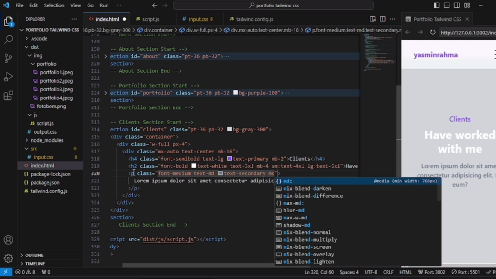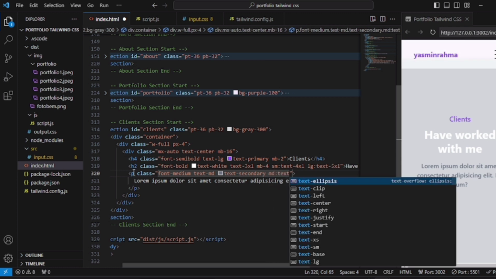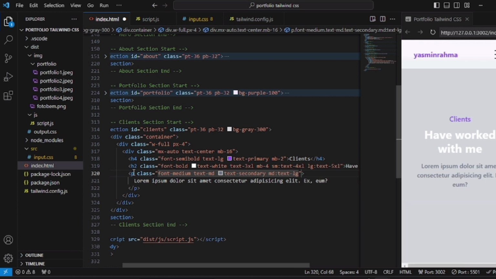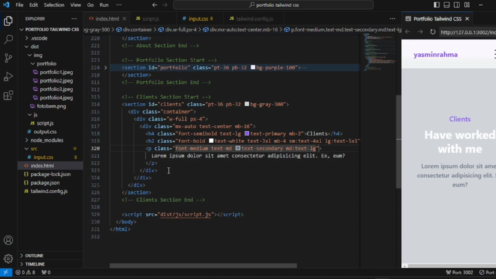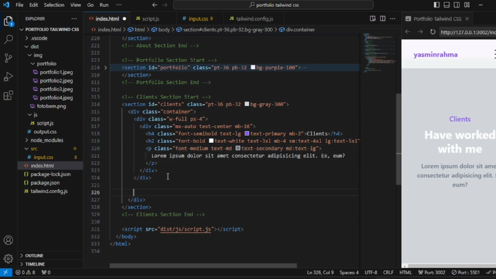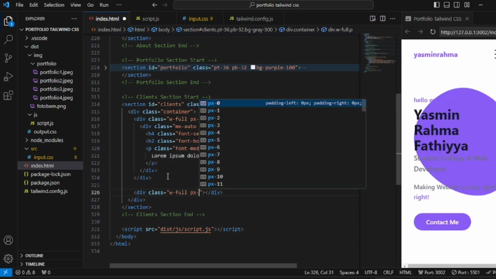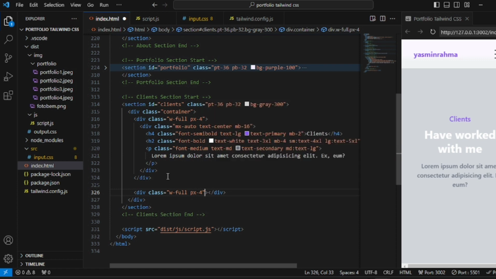Then if it's in medium, the text is large, like this. Okay, so yeah, that's the result. And then we're going to make a new div right here, class web flow, and padding x is 4, and then